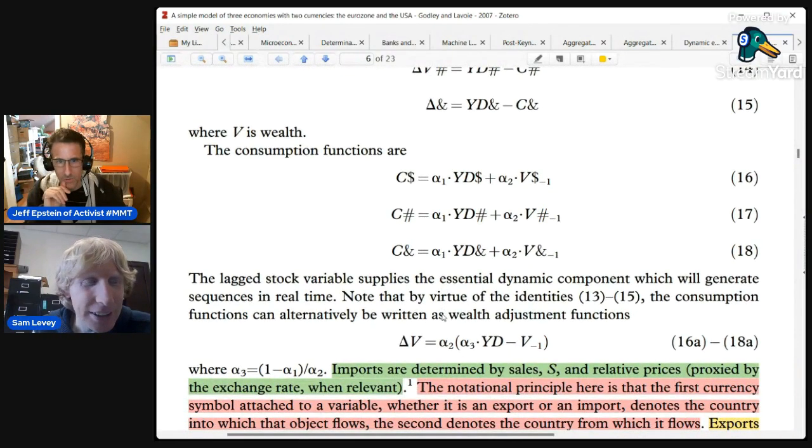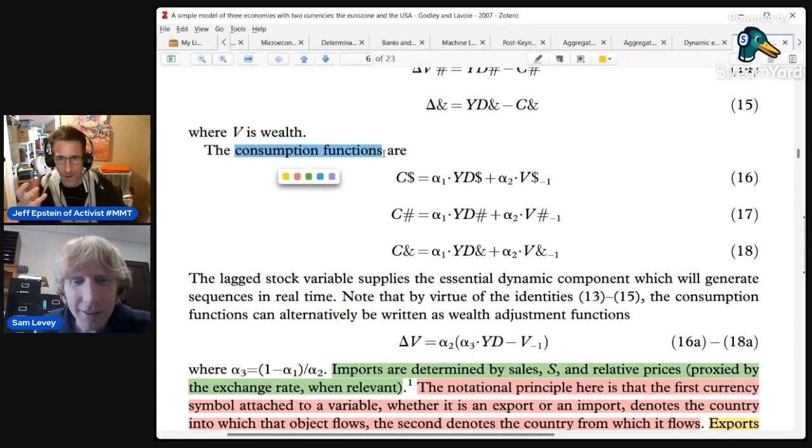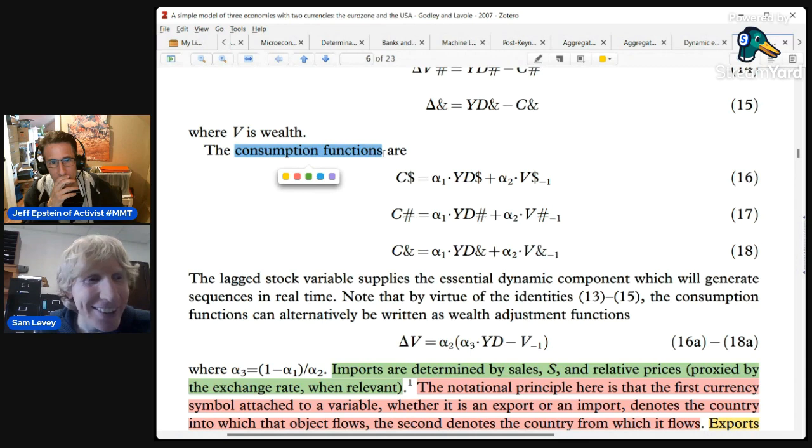So do you know what a consumption function is? It's not explicitly stated here what alpha means. You're definitely right. They don't seem to say that. They just assume you've read their book, I guess. Do you know what a consumption function is? No, I don't. Okay. That's all right. We'll get to that.